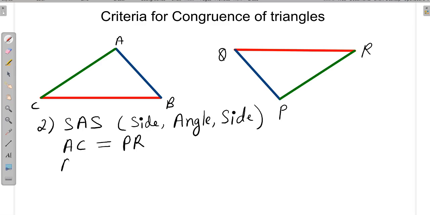and the side AB is equal to the corresponding side PQ, then the third should be the angle, and for that we have to take very care of the angle. So the angle should be that angle which contains both the equal sides. So here the angle should be